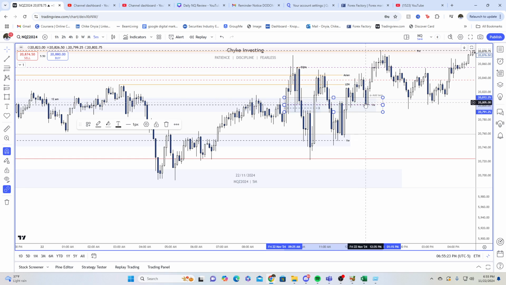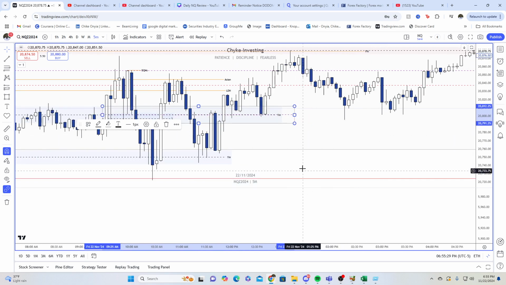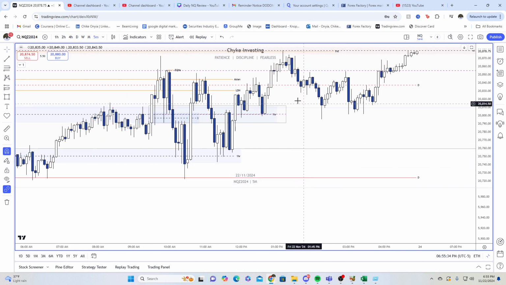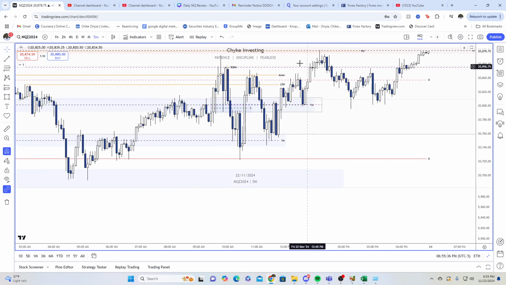takes out this low, goes higher, comes back into this fair value gap, and takes out the PM session high. I did take that trade today, actually. It was a very, very small R to R trade. I mean, you want to take R to R trades like this when you have very trash conditions. You're not expecting price to go anywhere.